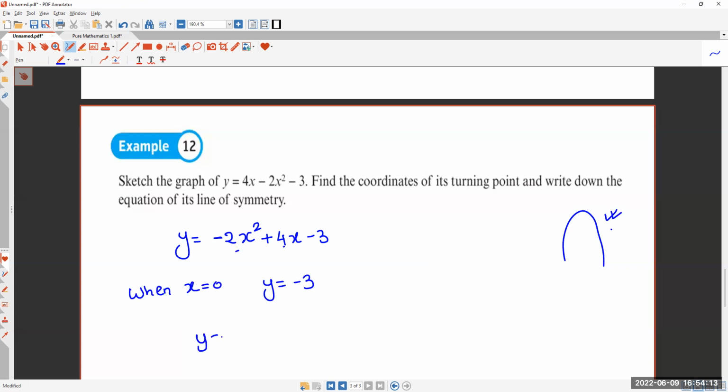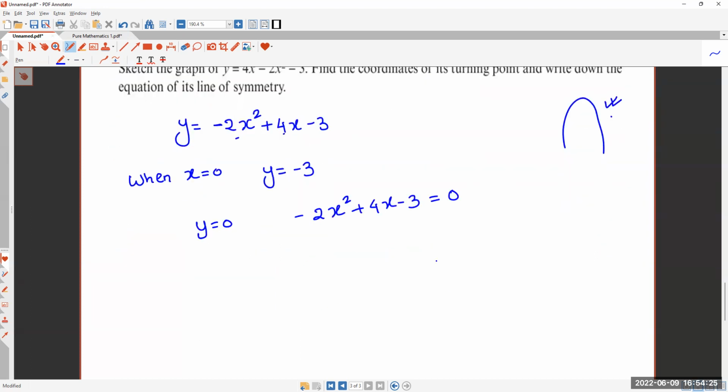So if you take y is equal to 0, your equation will look like minus 2x square plus 4x minus 3 equals to 0. Okay, you can do completing the square method of this if you want. So let's do the completing the square method then. Divide everything by what? Minus 2. Did you do that? No. Okay, then if you take minus 2 common, the answer will be x square minus 2x minus 3 equals to